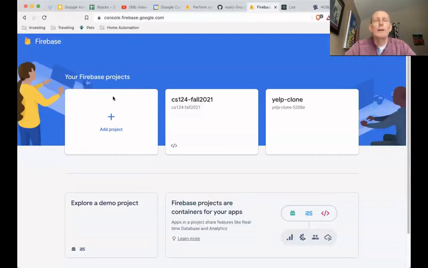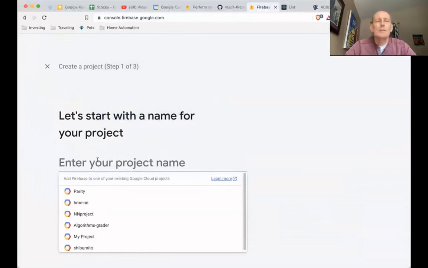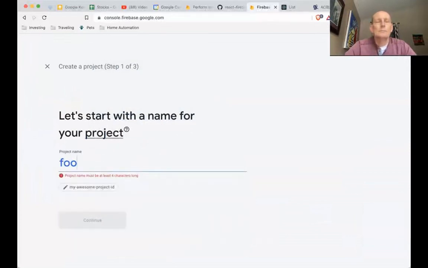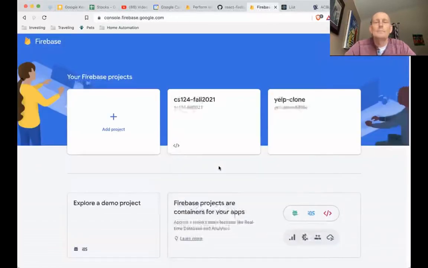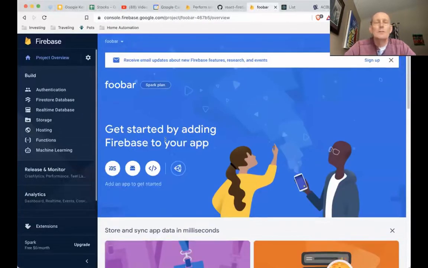So we can go to the Firebase console, add a project, and you just put in the name you want to use. So say foobar. There won't be any collections because you create your collections on the fly. As you use them, they get created. So here's our foobar, and then we want to go ahead and add,